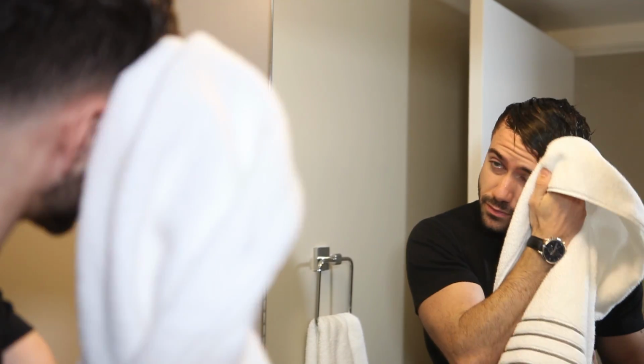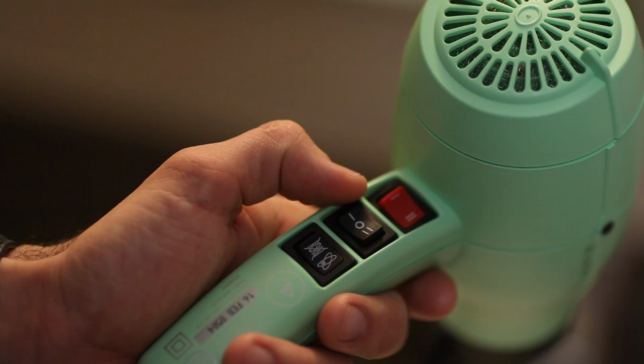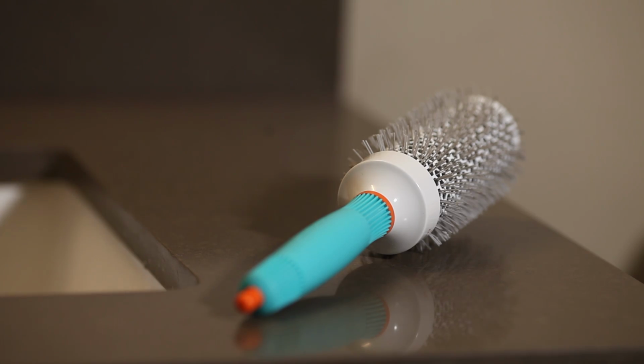To achieve this look, you're gonna need these tools: a towel, a blow dryer, a round brush, and the finishing